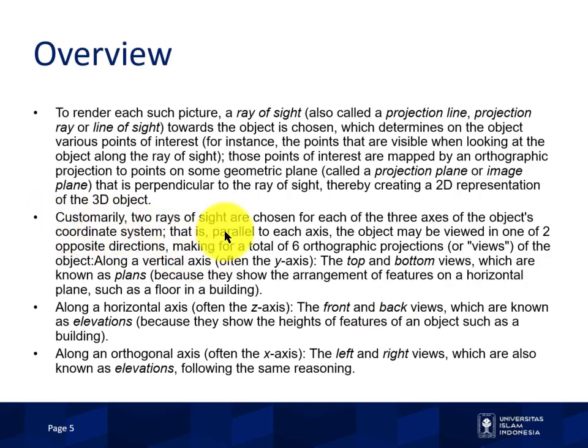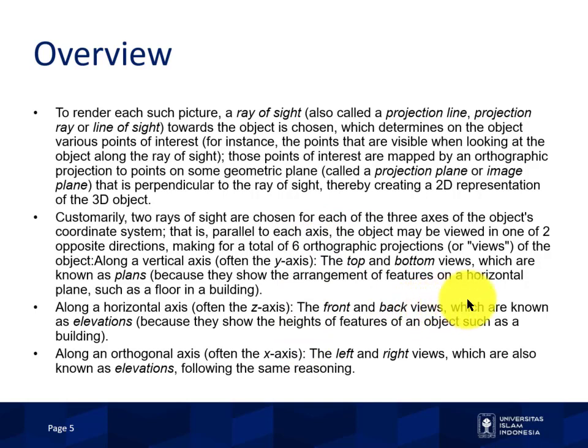Customarily, two rays of sight are chosen for each of the 3 axes of the object's coordinate system, that is, parallel to each axis. The object may be viewed in one of two opposite directions, making for a total of 6 orthographic projections or views of the object. Along a vertical axis, often the y-axis,